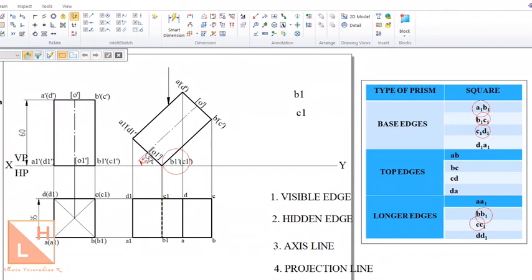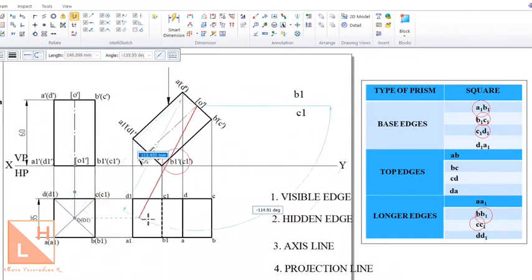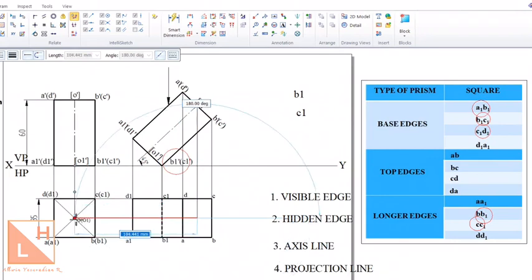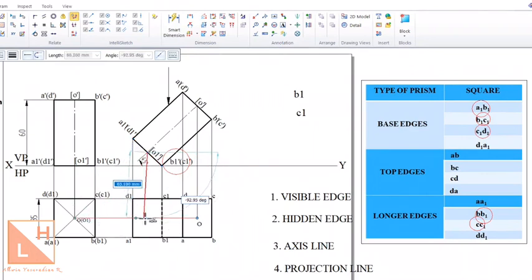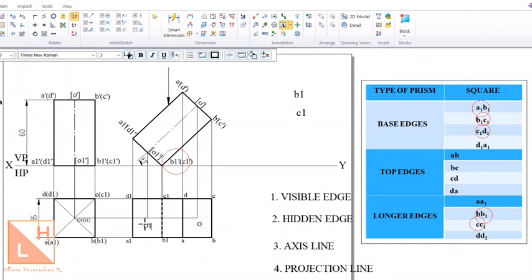Now in the second position we have missed one more thing, that is marking the points of the axis. The axis line is named O dash O1 dash, which we have not named in the top view. Let me name it in the top view as O and O1. Now if we project it in the second position using a projection line, we draw a projection line from O dash till O, and we will get the point O, that is the center of the top face. Repeat the process for point O1 dash to O1, which we will name as point O1.